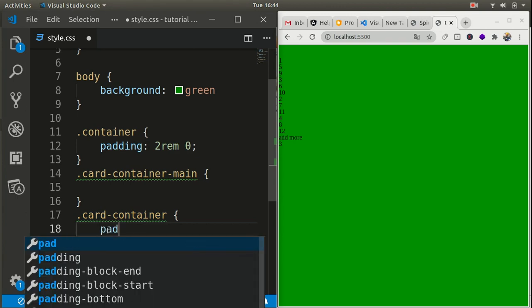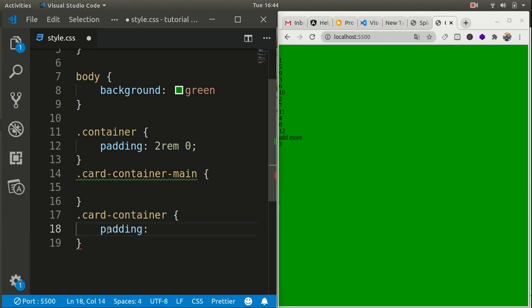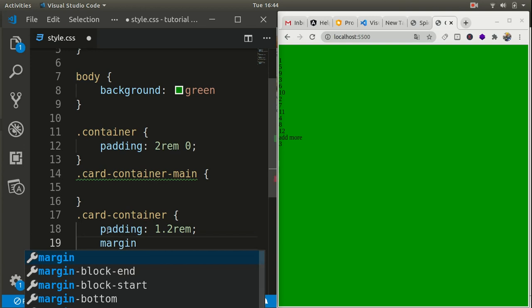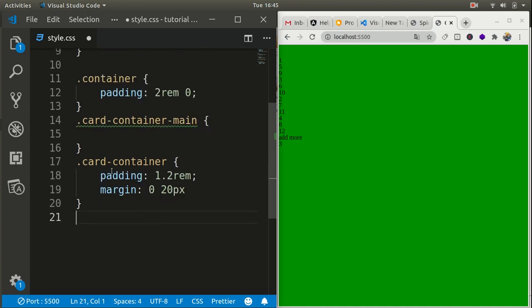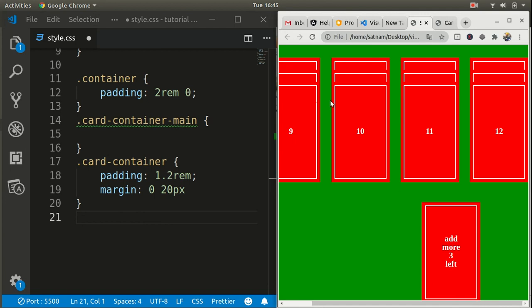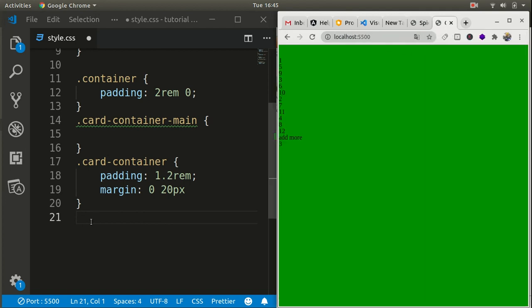Let's define some padding of 1.2 rem from all sides, and margin top bottom 0 and left right 20 pixels. And inside card container we are having this individual card, and it will have a class of card main.